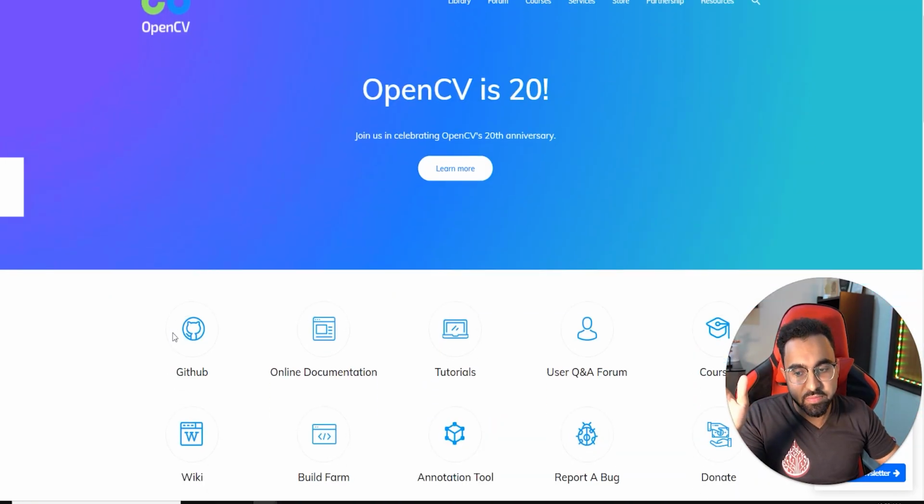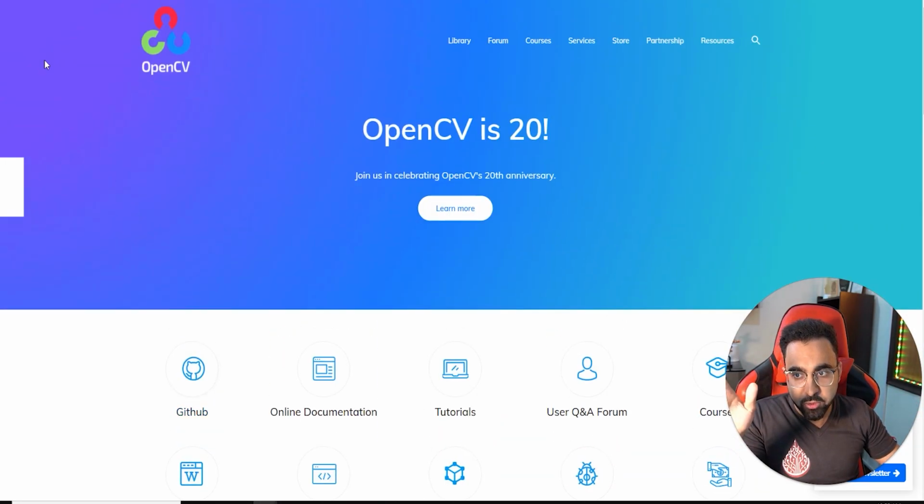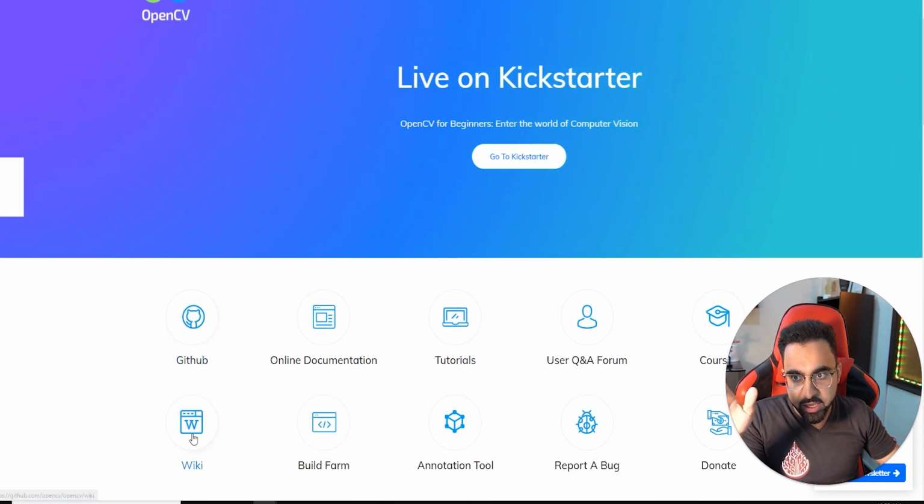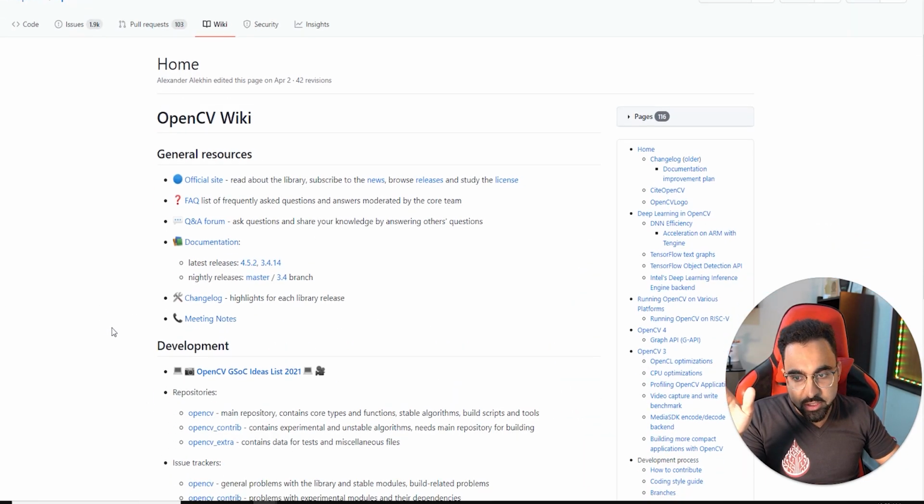Now let's take a look at OpenCV's wiki. So for that, you can come on to the main site, opencv.org, and then click here. Now you will find this page. It contains a bunch of important links. This is the official site, FAQ, Q&A forums, then the relevant documentation links,